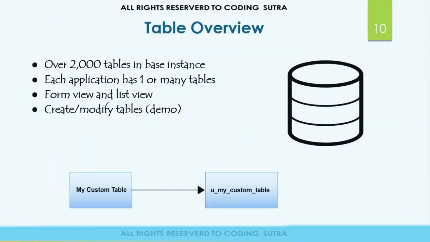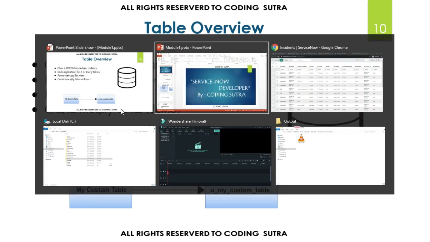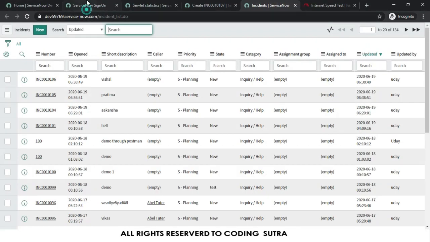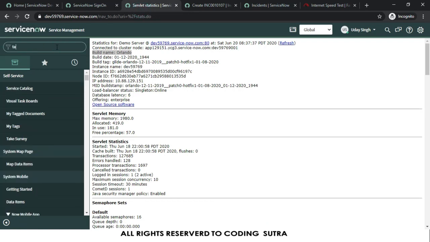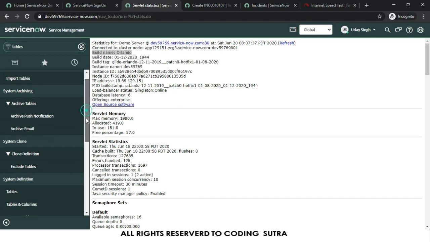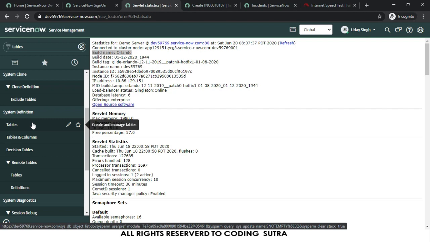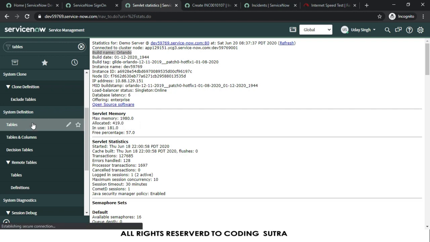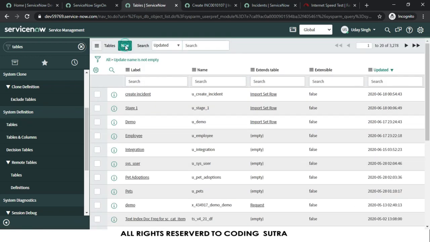After talking about form view and list view, now let's create a custom table. Let's go to our instance and type table. Under System Definition, there is a module called Tables. Click on this. There is a button called New, so we will create a new table.